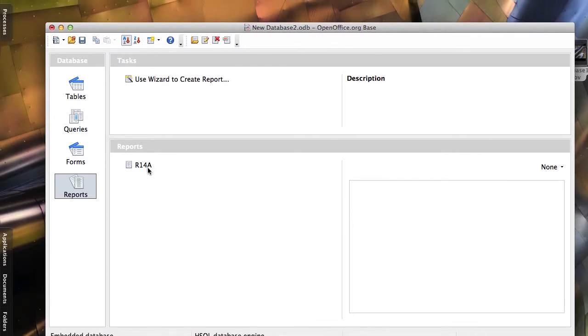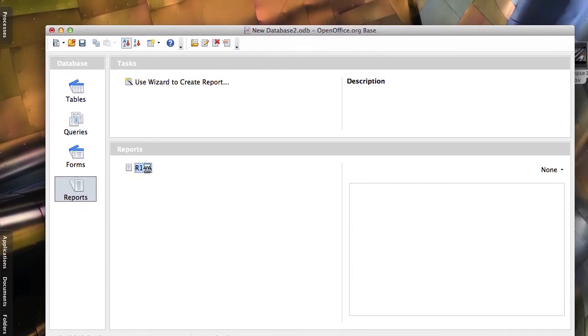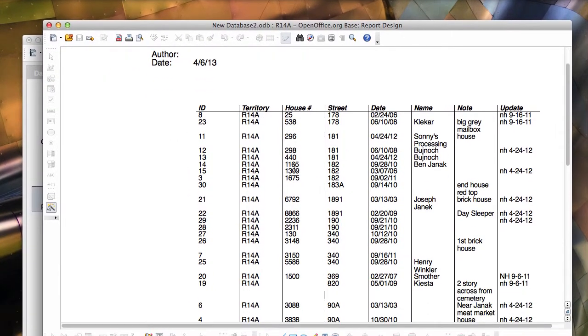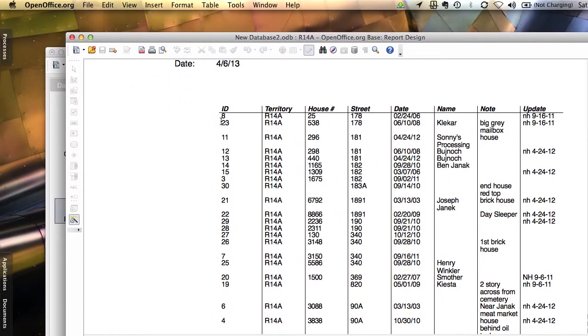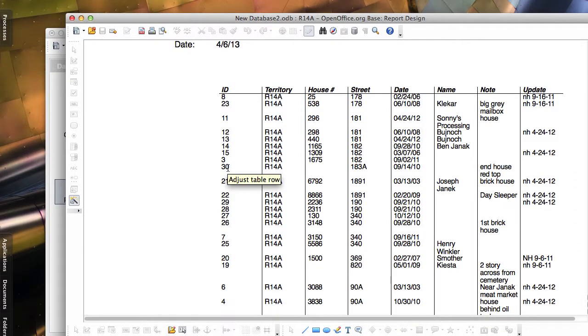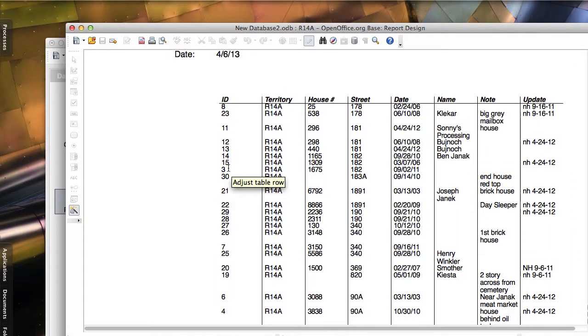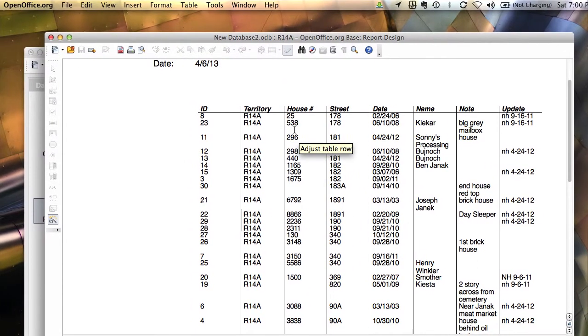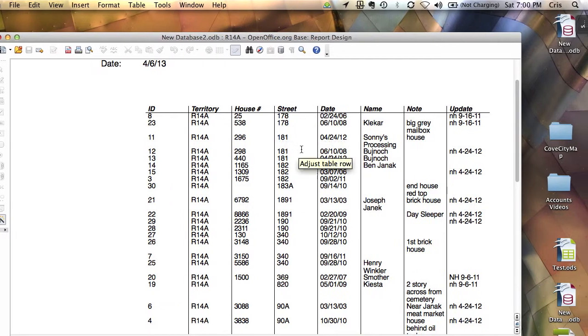Now notice when we double click our report, it syncs to the data, and then it brings everything in line. So you've got your ID numbers, so if you delete a number or something, then you know which one you need to delete. Like if a do not call gets updated and you need to remove it from the territory, it's got the territory number. If you notice, the streets are all in order,